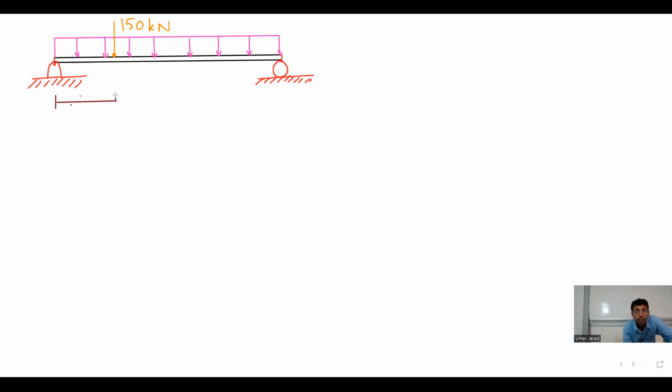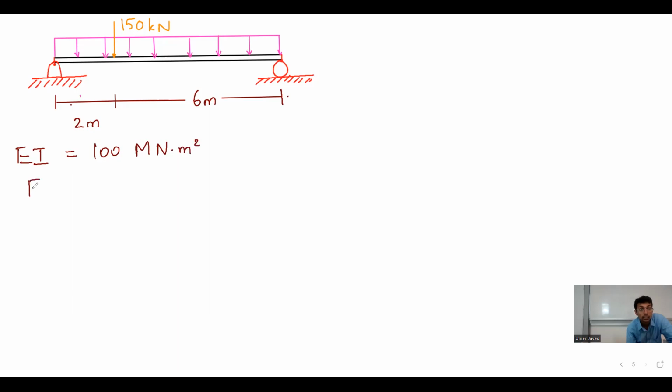Okay, and two meters, and this is 6 meters. So can anyone from their notes at least look at the solution that we created last time? 6 meters. If you don't have it, that's fine. Nothing to worry. Then this is, okay, 6 meters. The question says that EI value is 100 mega Newton meter square. This is known as flexure